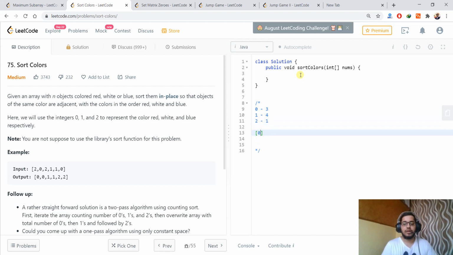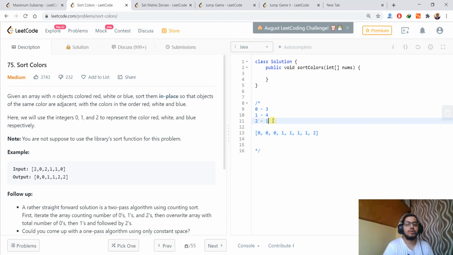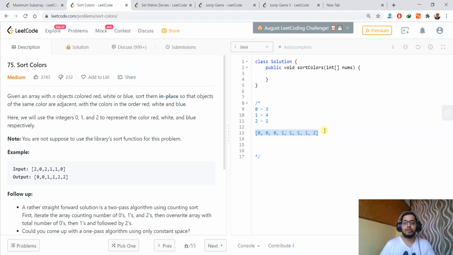So finally we can arrange this as 0 0 0, then 1 1 1 1, and then 2. So this is one approach, and in this we'll have linear time and constant space, because we are just modifying the array in place, and storing all this will be constant space.